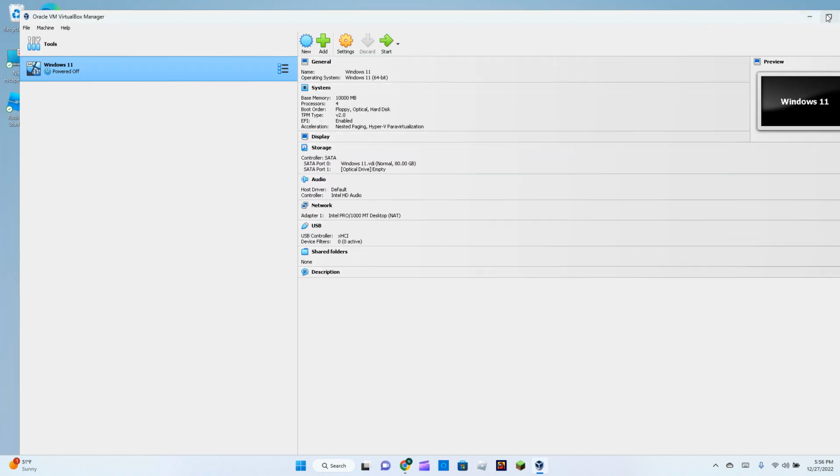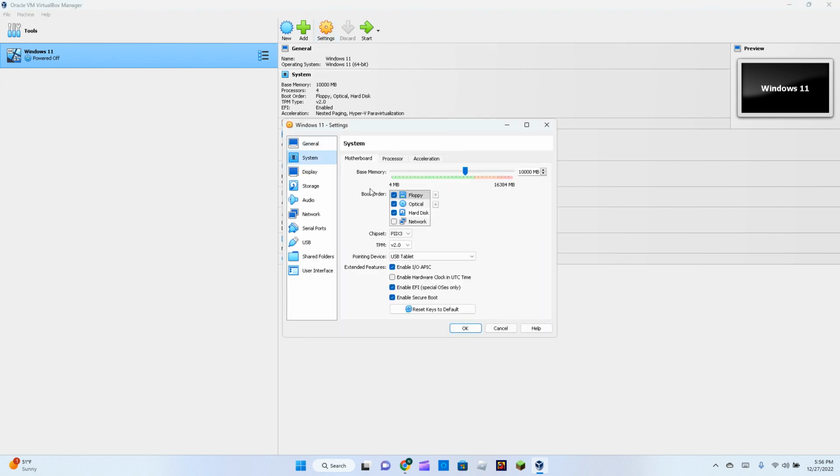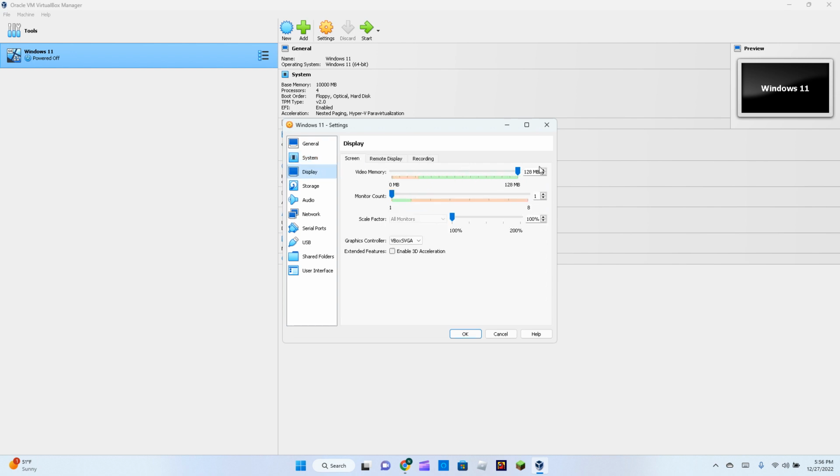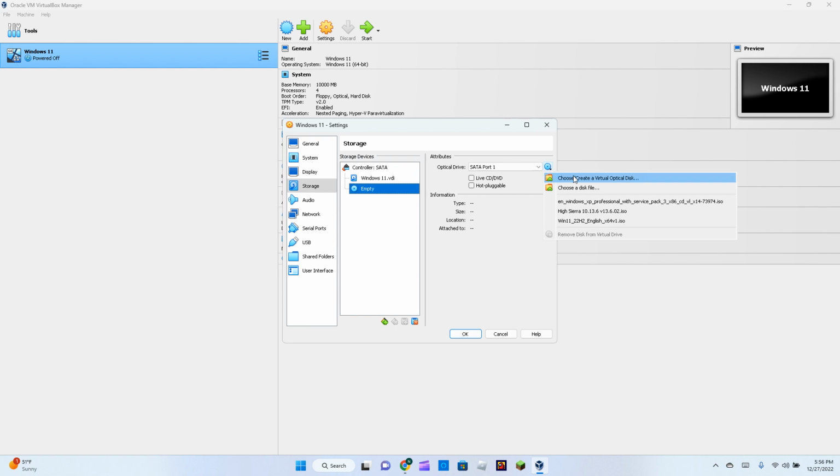Okay, so once we're done, we can go ahead and maximize this. Click Settings, go down to System, check all your stuff here. We have one more chance to change it. You can go to Display, make sure this is all the way at 128 megs. Go to Storage and click the empty one, right below the Windows 11.vdi. So we're going to click this disk icon, and then we're going to click